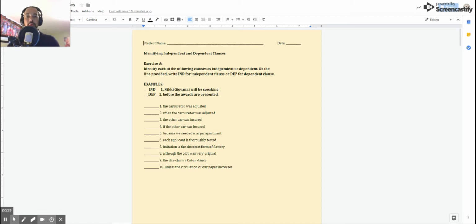So it starts with identifying independent and dependent clauses. We have a set of sentences, a set of clauses. Some of them are independent, some are dependent. And this is simply identifying, do we recognize the ones that make sense versus the ones that do not make